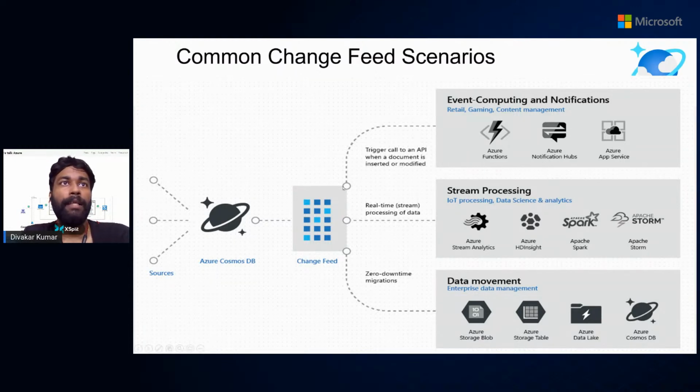You can think of a scenario in that way, or you can even think of a real-time processing scenario where you are using this real data for stream analytics purposes. Or else you can even think of this solution as a use case for migration scenarios as well. If you want to replicate your data to a different storage, or if you want to have the same copy of data in a different container, you can think of change feed as a use case for your business as well.